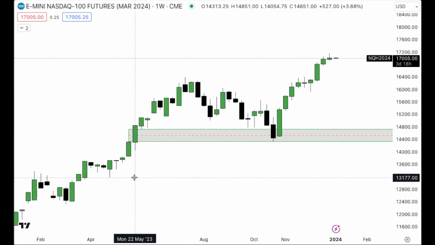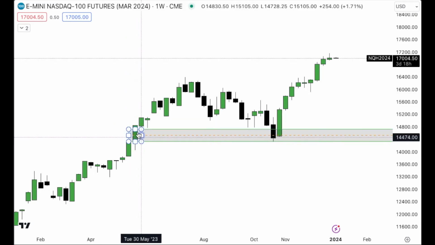So I use this example. Imagine you're sitting on a seesaw and you're on one side of it and nothing's on the other side. Naturally, you're going to the ground and the other side's going to be up in the air. So in this situation, the buyers were taking total control of this region. No wicks, so it means price was not contested within this range. So for every time price were to retrace back down into said imbalance, that's like you throwing a sandbag on the other side. Might not be enough on just one sandbag. Let's say it's one tap. One tap might not be all that's necessary to balance that price range out and for price